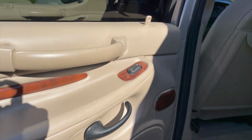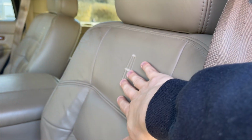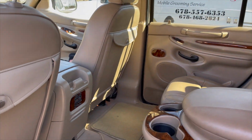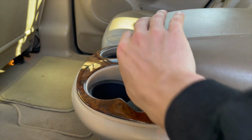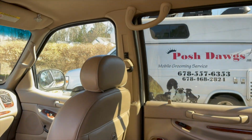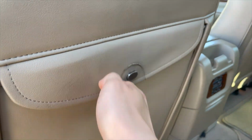So looking in the back, you can see the door cards have similar finishes to the front, similar storage pockets. And then down in the back seat, the Lincoln emblem is embossed there. Leather, of course. You can see all the fit and finishes here. You do have stereo controls for the rear passengers and headphone hookups. And then you do have cup holders, a huge storage pocket area if you need to. And then up here you do have your climate controls for the rear passengers along with the vents. Map pockets on both backings of the seat,